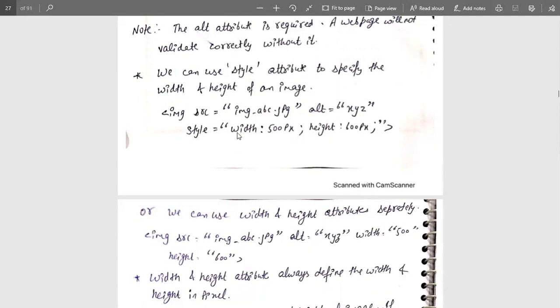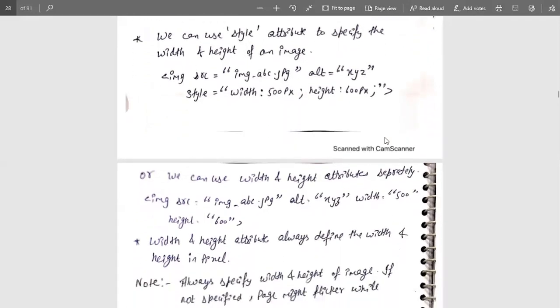So whenever I am inserting a style tag, that creates a name that we want to insert with the value of a colon separator, and once the particular pair is completed, that will be separated with the help of a semicolon, and then another value will be inserted over here, and that is also ended with the help of a semicolon. And once all the process is done, that means all the styling attribute information is done, then the angular bracket is closed over here, that is mentioned in the example.